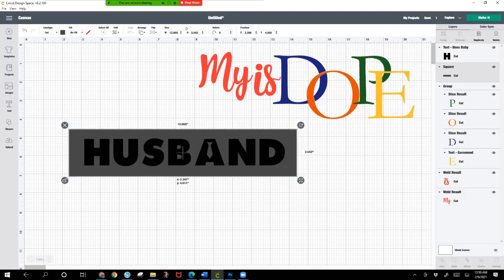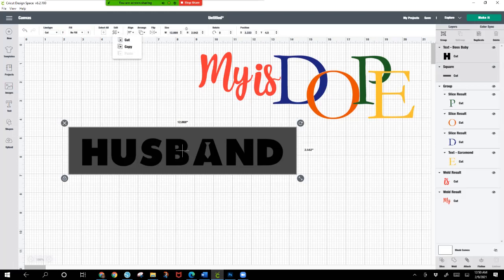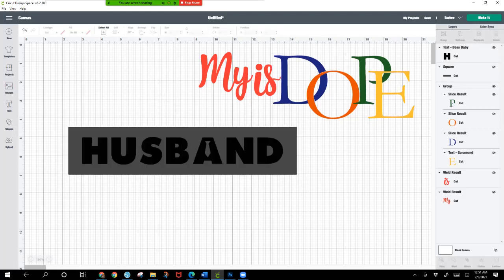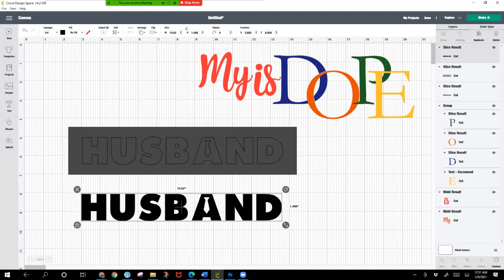Right. And what I want to do is I'm going to highlight the box and husband, and I'm going to make sure that they're centered vertically and that it is centered horizontally as well. I think I did horizontally first, but we want to center vertically and horizontally so that it is directly in the middle of the box, going all the way around. Now we're going to highlight and we are going to slice. Right? Now that I have done that,